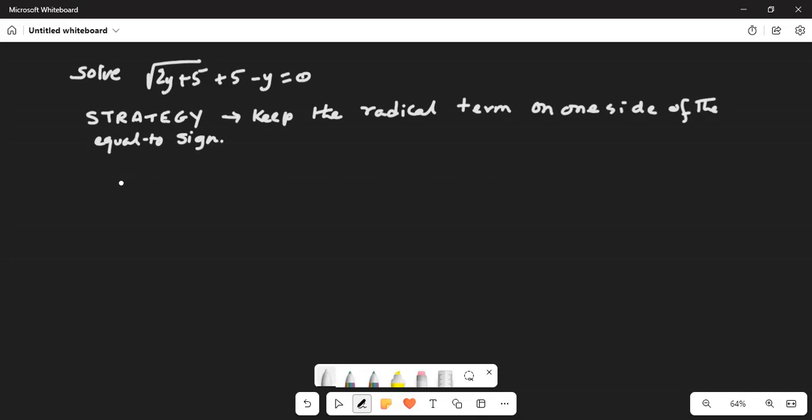Okay, so the given equation is square root of 2y plus 5